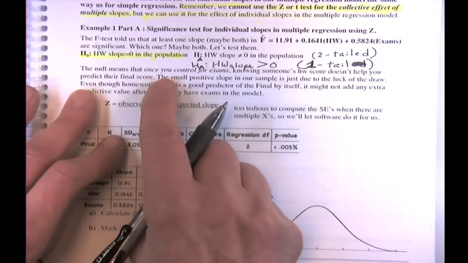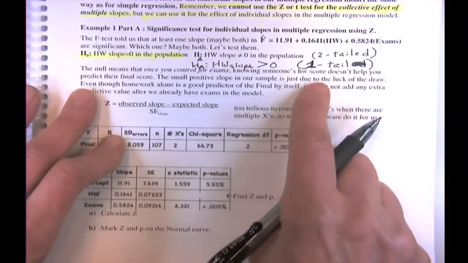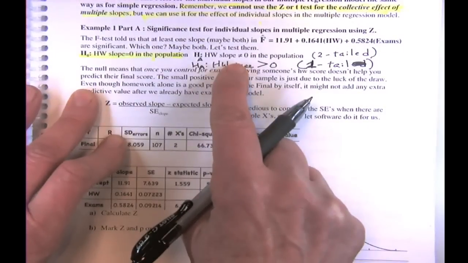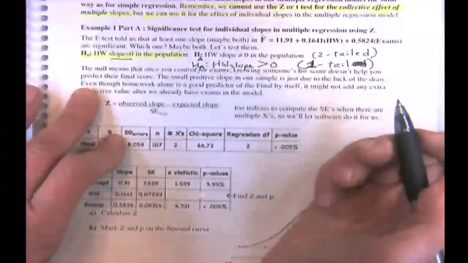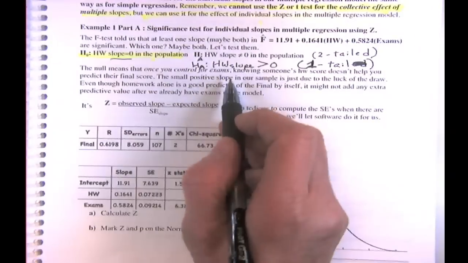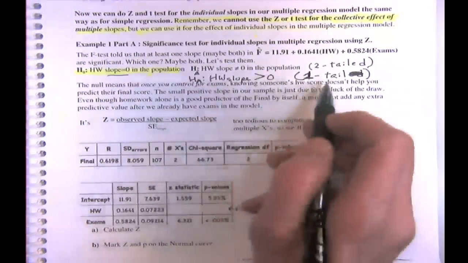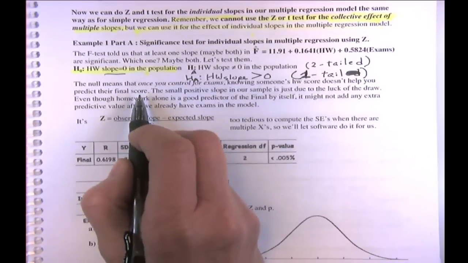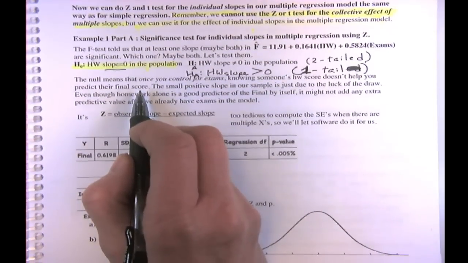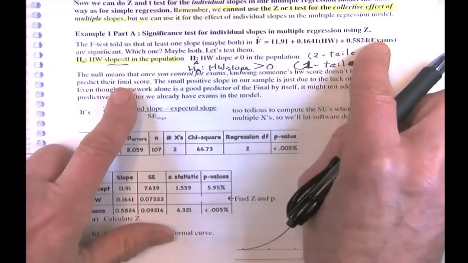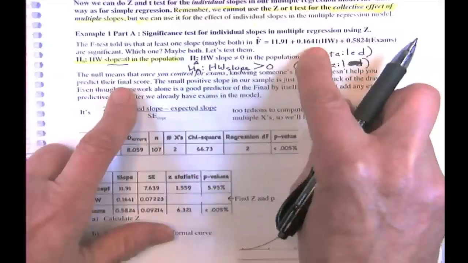All right, so now the null. Let's just think about what the meaning is. This null, right here, is saying the slope for homework is 0. It means that once you control for exams, once you take into account exams, knowing someone's homework score doesn't help you predict their final score. That's what it means. It just becomes insignificant. We think exams have more predictive value, but the null says that adding homework doesn't have any predictive